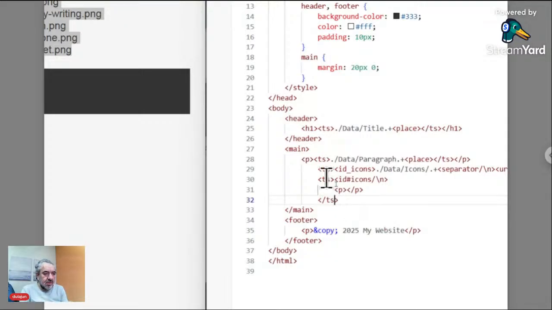Now you have the opening and closing, and here if you write row,